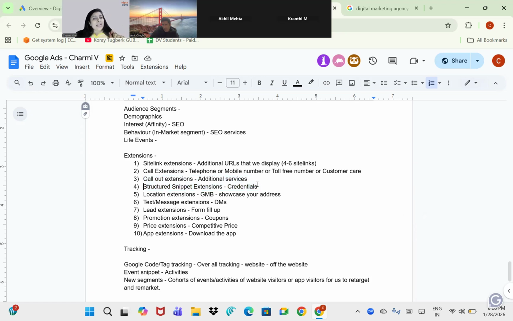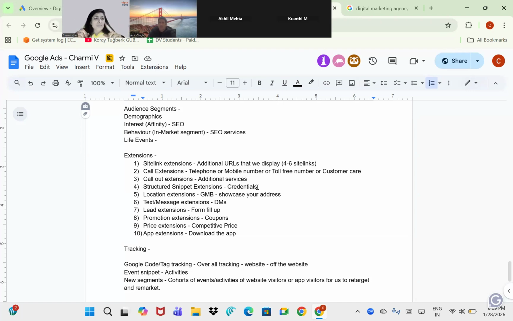Structured snippets, on the other hand, are credentials. Any credentials, your use of anything, that is a structured snippet. For example, if a developer or a builder says, we use Jaguar taps. Okay. That's a credential. Jaguar, it's a brand. It's a credential they're using. A garage guy who owns a garage says that we use only Michelin tires. That's again a credential,